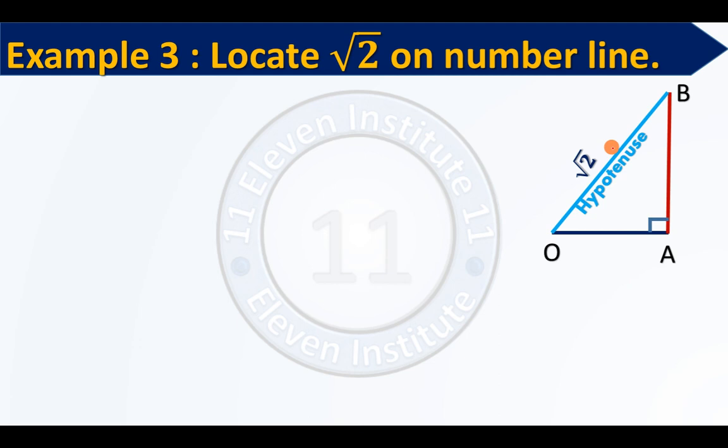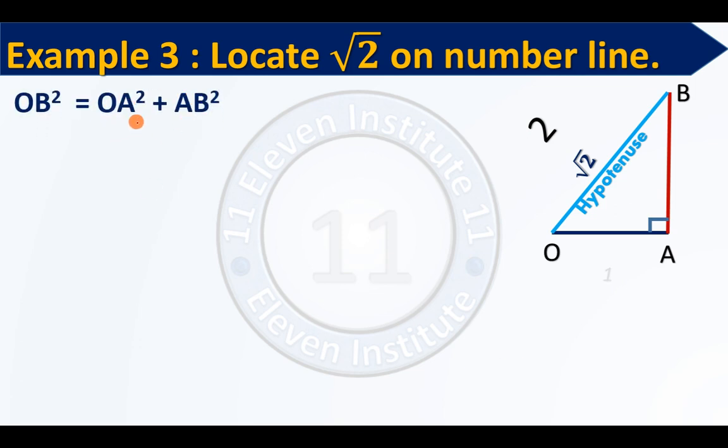Now we will move in reverse. I have the value of OB already. What I want on OB is root 2. Now I will square this root 2, because in Pythagoras theorem, the formula is of squares of sides. So what is the square of root 2? It is 2. Root 2 square is 2. Now, in order to get 2 over here, I have to get 1 and 1 over here. Then and only then 1 plus 1 will give me 2.